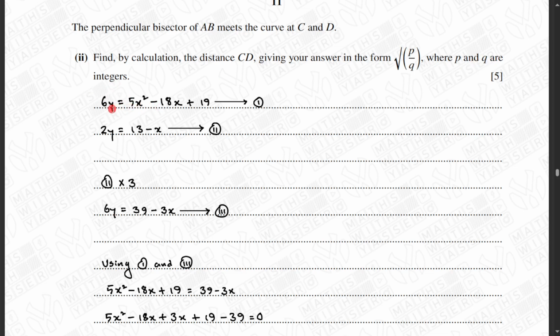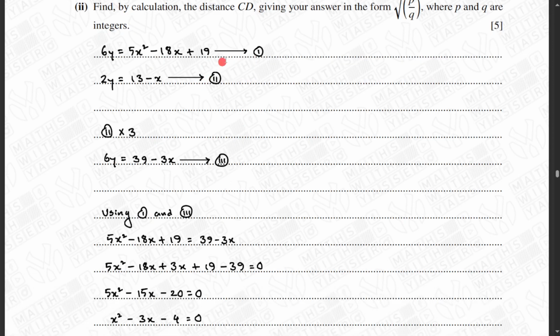So the equation 6y equals 5x squared minus 18x plus 19 is the equation of the curve. And the equation of the perpendicular bisector is 2y equals 13 minus x. Now, since they meet at the points C and D, that means we need to equate these two equations. But before doing that, I can see that we have 6y over here and